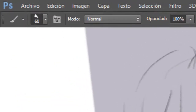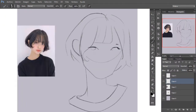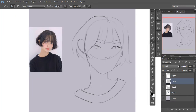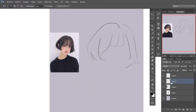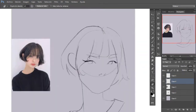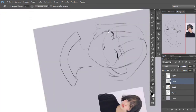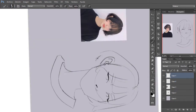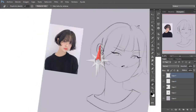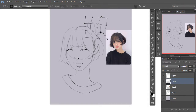This is Photoshop, as you can see on the top left corner, and I draw with Wacom, and I have been using it since 2016, if I recall correctly. This is what I use at the moment. And I try to find some good reference picture. This time I'm adding the picture to the canvas because it is easier for me, I think. And so you can see how similar and how not similar my drawing is to the real photo,